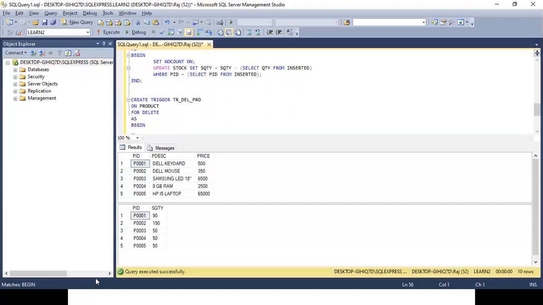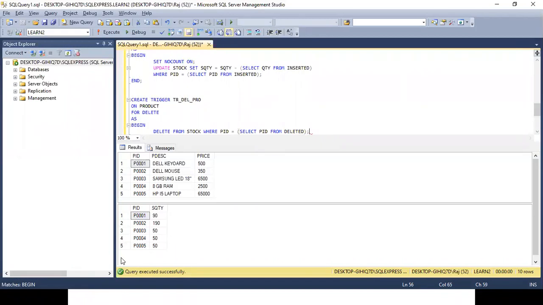as begin. Now what do I want it to do? Delete from stock where PID is equal to what? Select PID from deleted. Very good, nice guess.